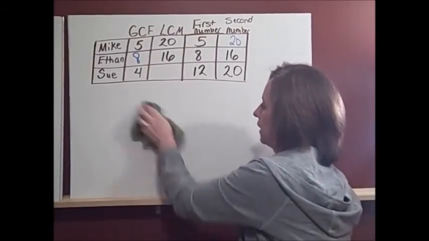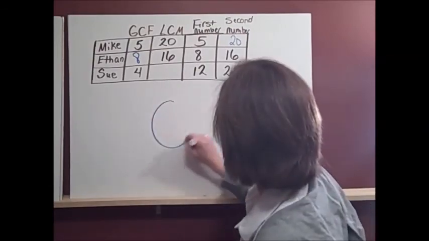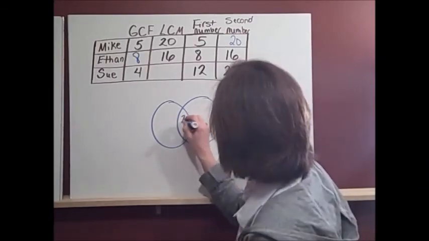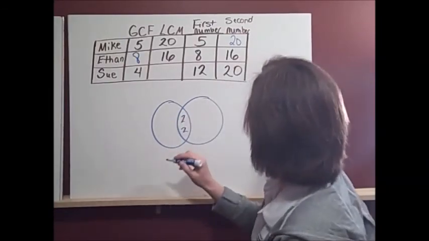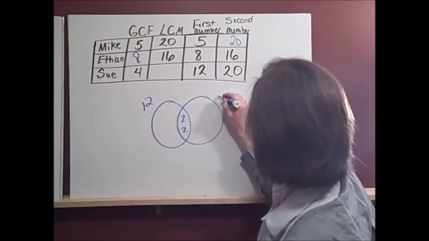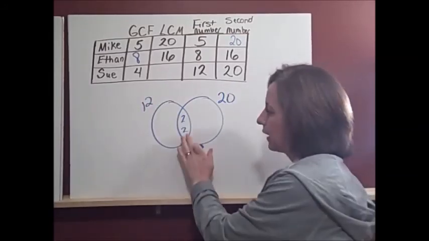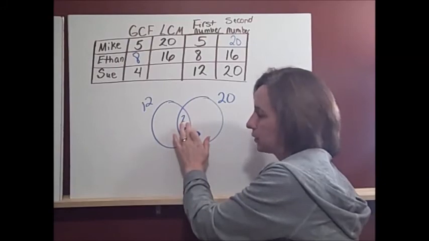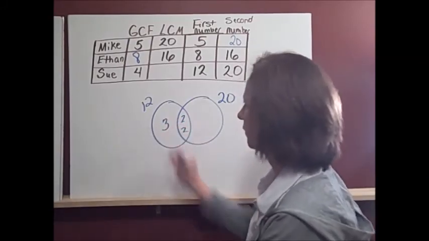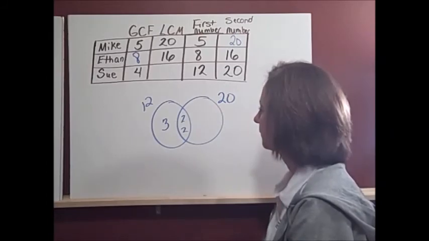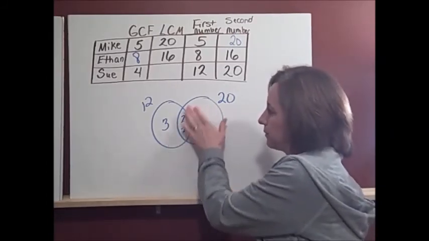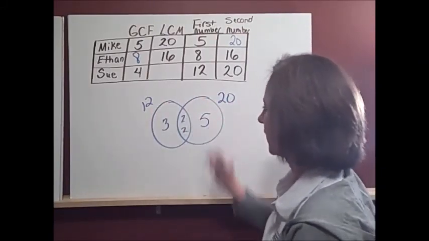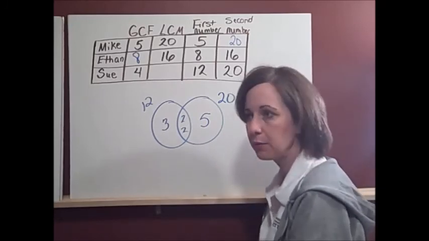Sue has a GCF of 4. Well, there's not going to be a 4 here because only prime numbers go in there, so we're going to put the 2 and the 2. And we're going to know that one of these numbers is 12 and one of these numbers is 20. And if I've got 4 in here, what am I missing on this side to make 12? 2 times 2 is 4, so I need a 3 over here to make 12. If this is 2 times 2, what's missing over here to make 20? Because I've got the 4 times something is 20. I'm missing the 5. And now to find the least common multiple, I have to